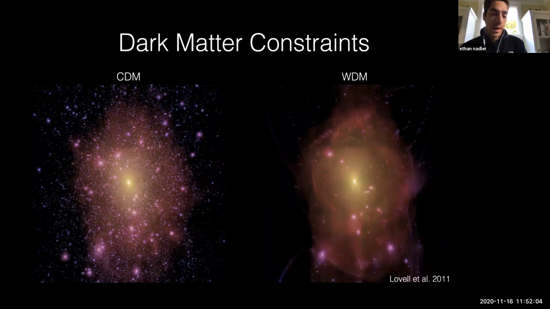Okay, good. With that setup, I'll tell you about the work we've been doing to infer dark matter physics from this work. The basic idea is that in a CDM model, you form halos essentially down to the free streaming scale in that model, which is extremely small, of order an Earth mass halo.